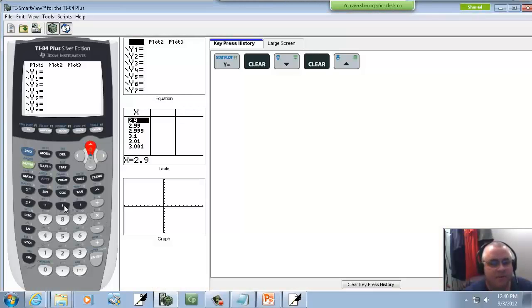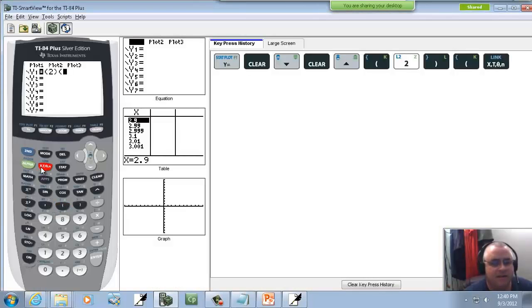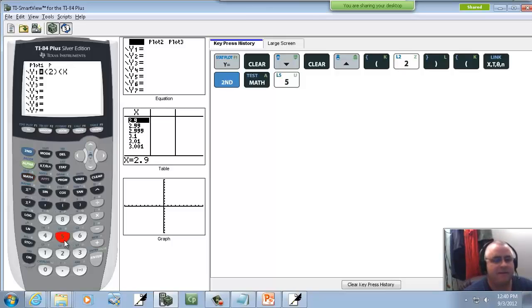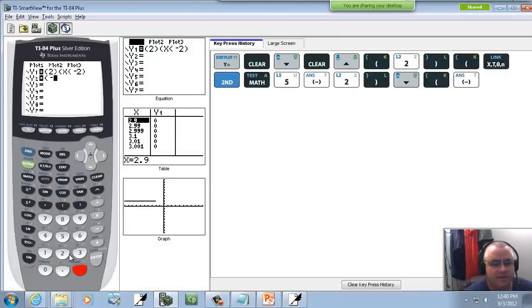So I have beginning parentheses, 2, closing parentheses, beginning parentheses, x is less than, so I do x, go to my test menu. Second math, less than is 5, and then negative 2, closing parentheses, down arrow, beginning parentheses, negative 2x,